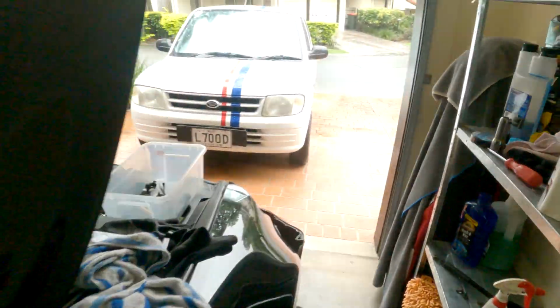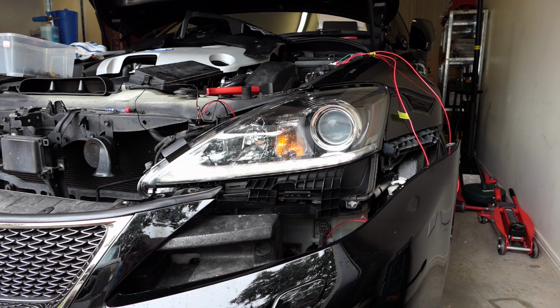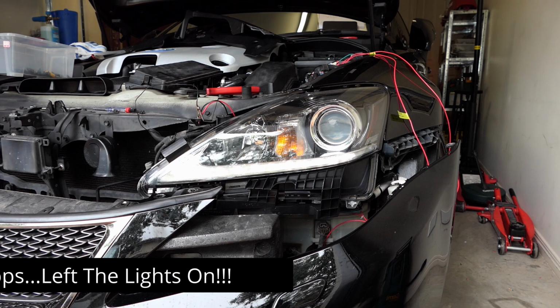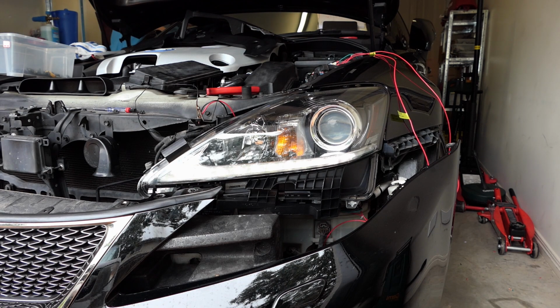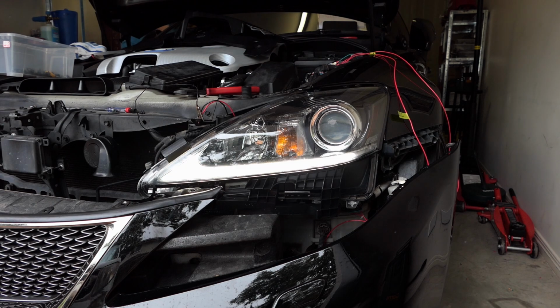We reach inside, 1 click, 2 click, ignition is on, come back to the front of the car, and we have 100%. Now the next cool bit is when we turn the park lights on. Oops, hang on. I had the lights on. Gooseberry. Okay, that's 100%. Park lights are off, ignition is on,